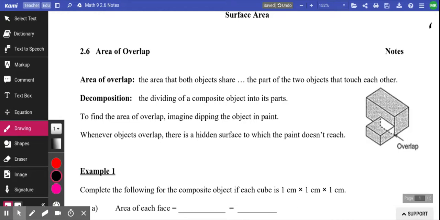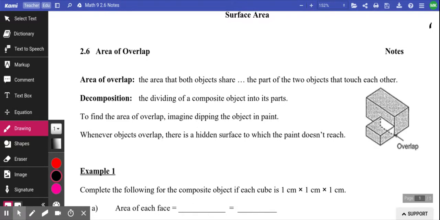So we're going to do shapes that are connected together. You might have a rectangular prism with a square prism next to a triangular prism or something like that. And you might have a sphere on top of a prism. It could be anything like that. Just shapes on top of shapes or connected together. And then we're going to slowly apply those things to real life questions, like what you'll see in